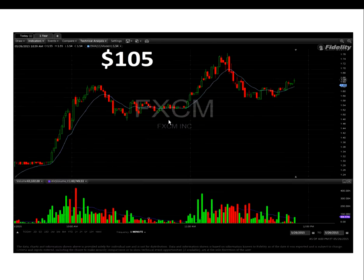FXCM, I played this twice actually inside of one day. You can see about an hour and a half, hour and 15 minutes in the day, this thing spiked up. We ran out of buyers. The buyers started selling off and taking their profits. We found a bottom and started making higher lows. This thing started consolidating and forming up into this point. Once we reached this point, I bought 3,000 shares at